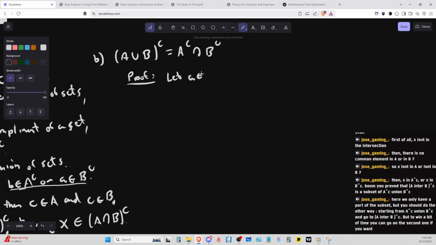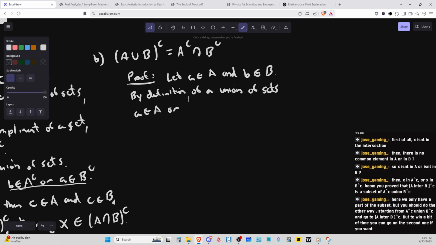So let A be an element of A, and let B be an element of B, and by definition of a union of sets, A is an element or